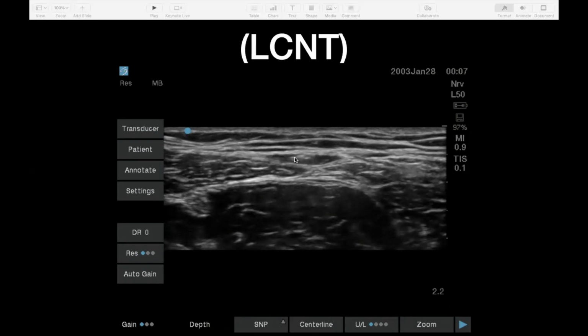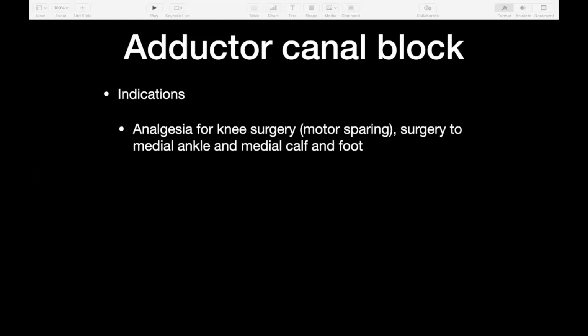And the nerve is divided into a few different bits there, as you can see. Okay, so on to the next plan A block, which is the adductor canal block. Indications for this would be analgesia for knee surgery, hopefully some motor sparing analgesia, surgery to the medial ankle and